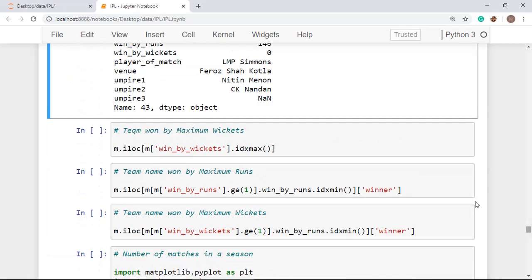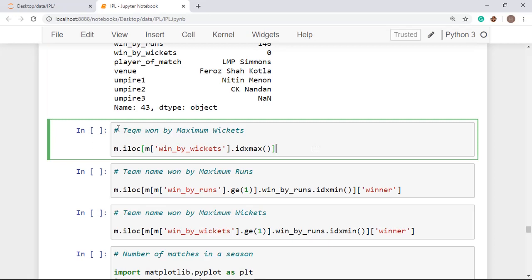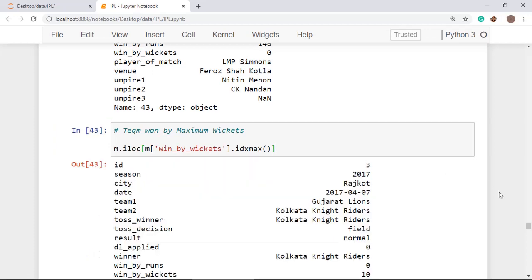In the same way, we can also find out the team that won by maximum wickets. Here we have to just replace win by runs with win by wickets. Now this will check in the column win by wickets, find the maximum value stored in that column, fetch that row and display the result of that row.